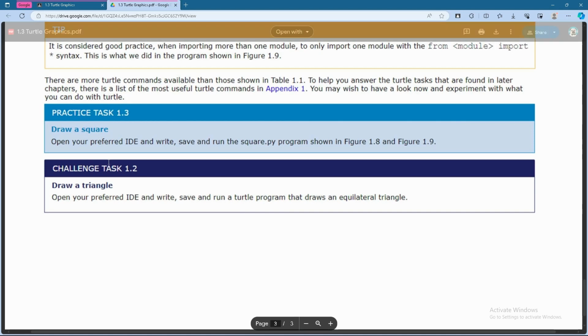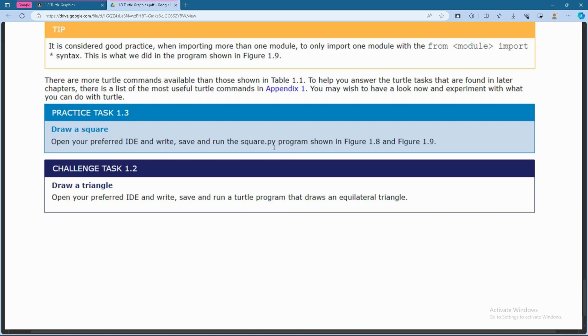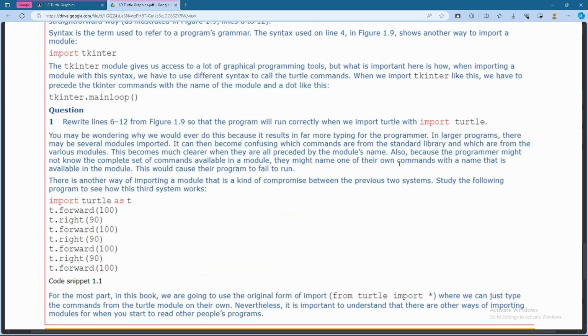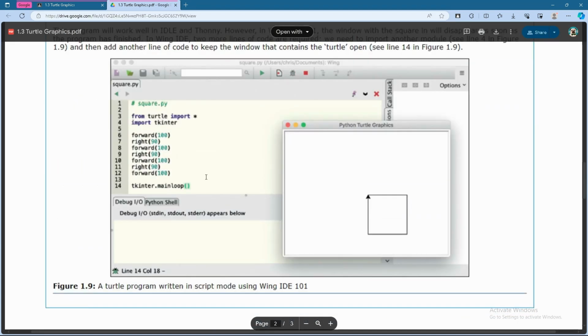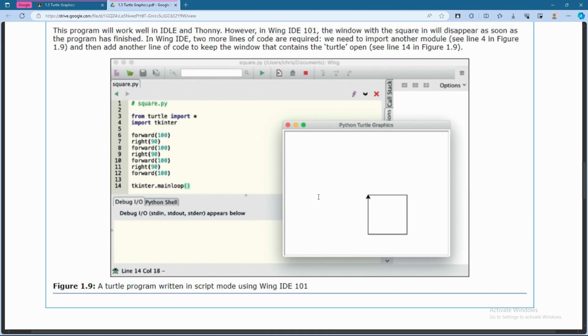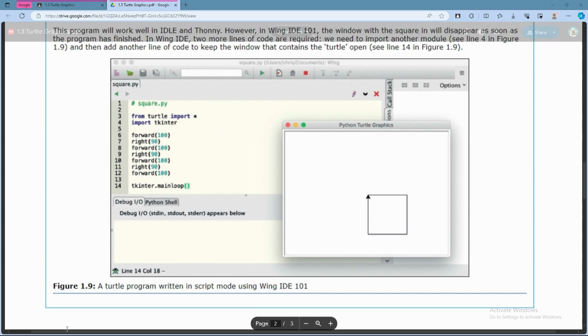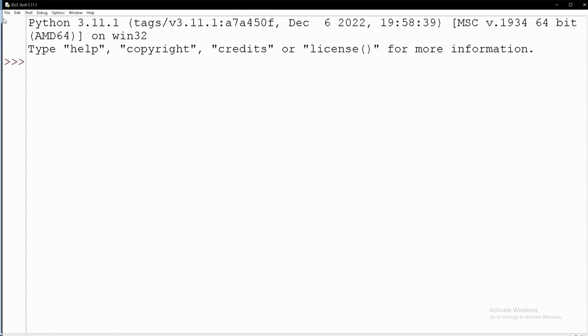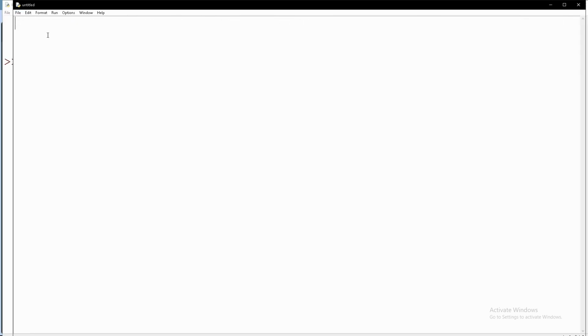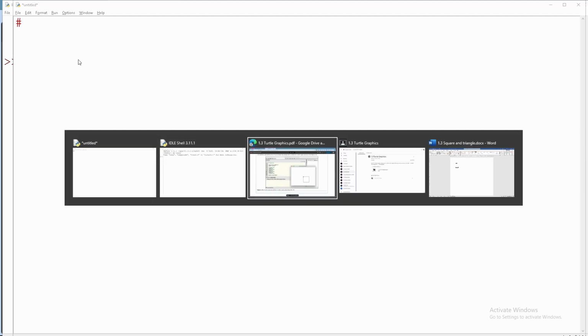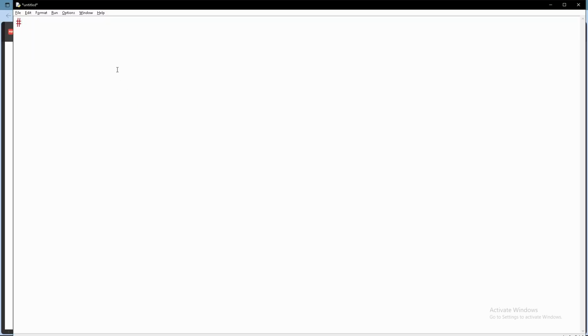Okay, so they say open your preferred IDE, write, save, and run the square.py program shown in figure 1.8 and figure 1.9. Okay, so we're just going to recreate this, and I'm just going to open the IDLE. Okay, we go to the script, and first thing that we're going to do, just want to check what the name is, square.py,